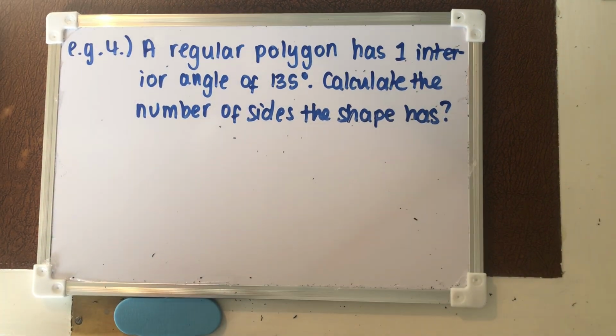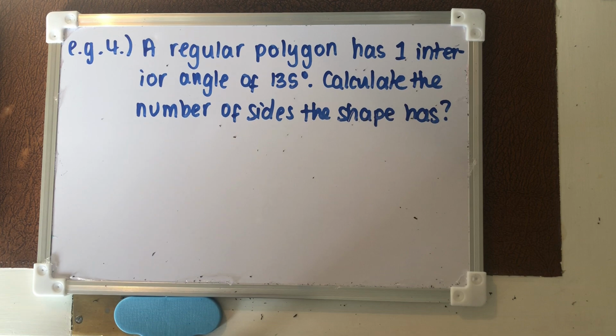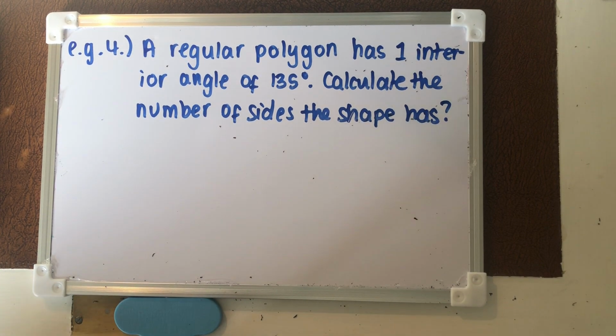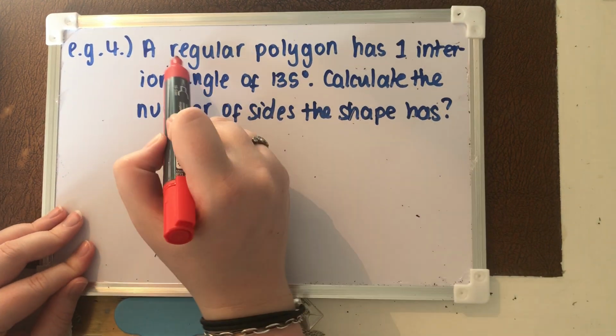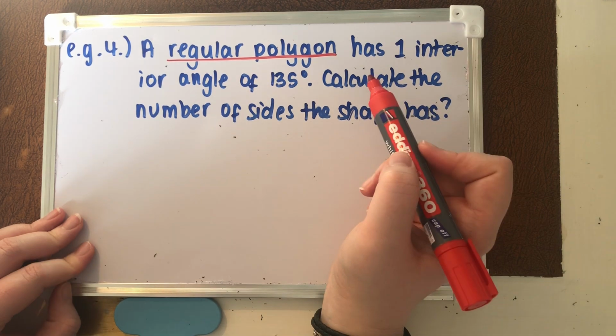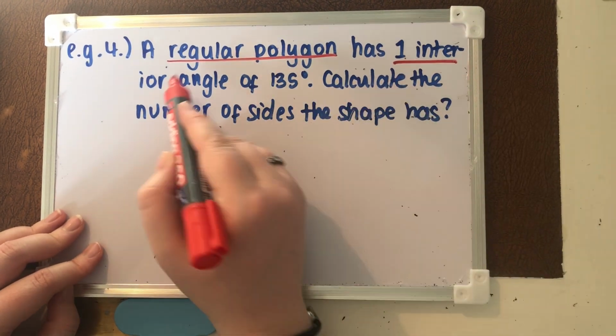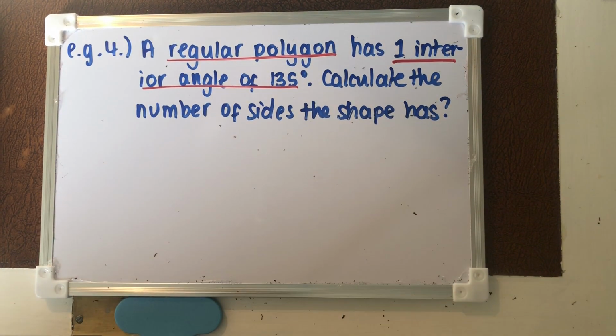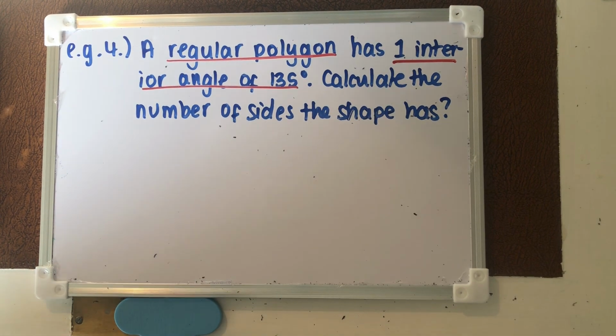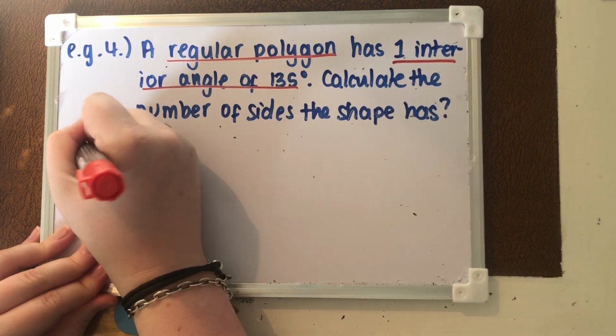Okay, so this one's very similar to EG2. It's a similar method, it's just rather than being given the exterior, we've been given the interior. So again, if we highlight the bits that are important, so regular polygon, obviously important. One interior angle is 135 degrees. Now we can use the formula that we've just used, the n minus 2 times 180, but it's much harder to do that, okay? So actually what we're going to do is we're going to find out what the exterior